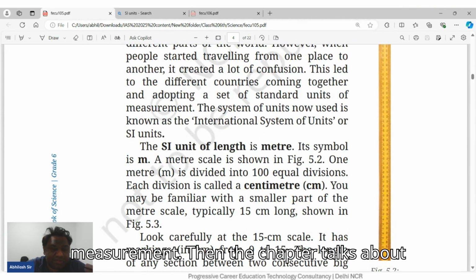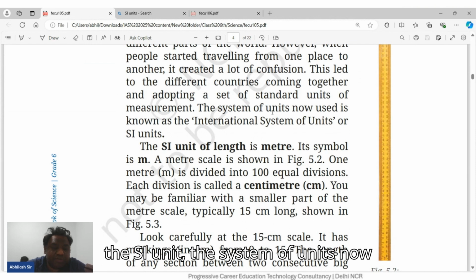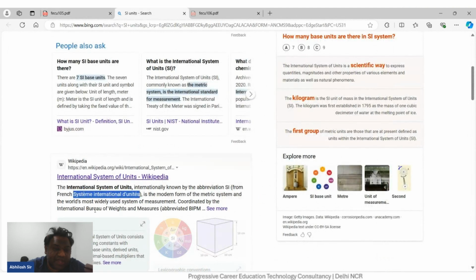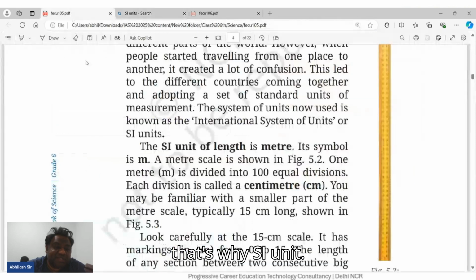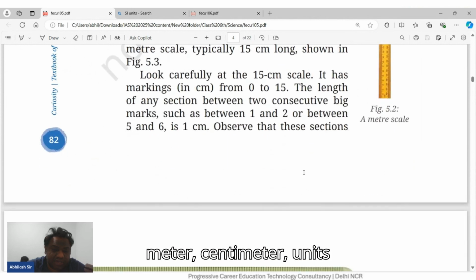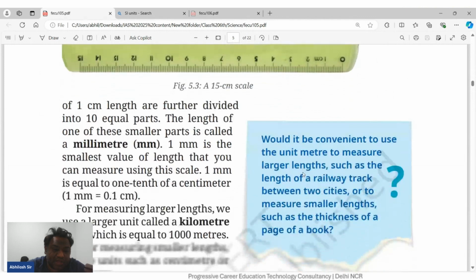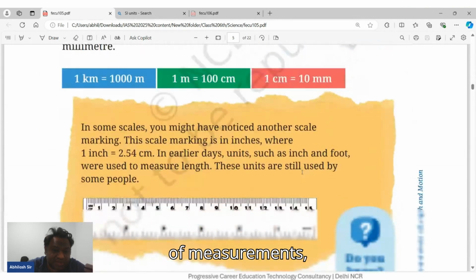Then the chapter talks about the SI unit, the system of units now used internationally, called the International System of Units or SI unit. It's basically a French term, Systeme International de Unites. So that's why SI unit. And then it talks about meter, centimeter, units of measurements,